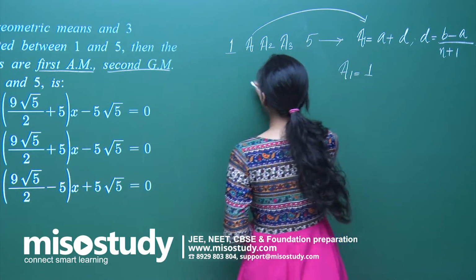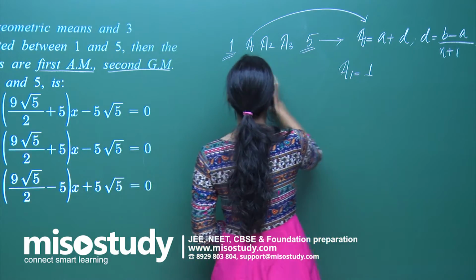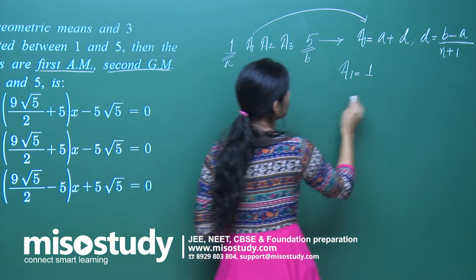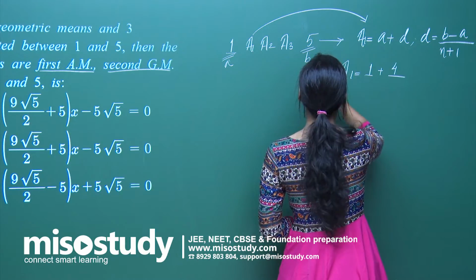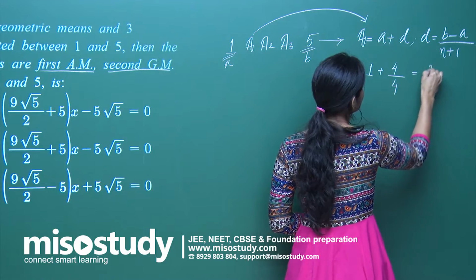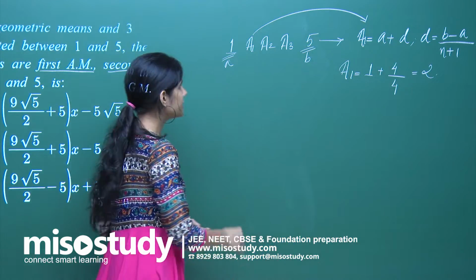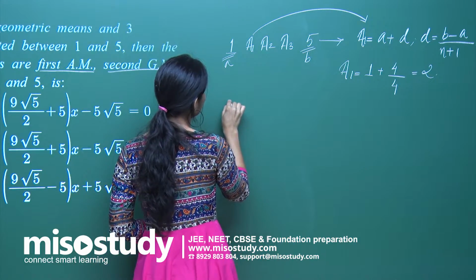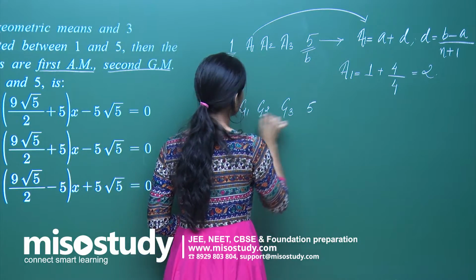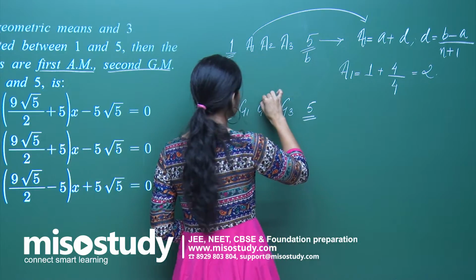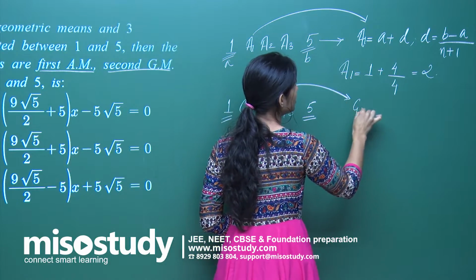A is 1, see, this is A and this is B. So 1 plus (B minus A), 5 minus 1, that is 4 upon n, which is 3, so 3 plus 1 is 4, and you get 2. So 2 is the first arithmetic mean. Again, if you have 3 geometric means inserted between 1 and 5, what is the value of the second geometric